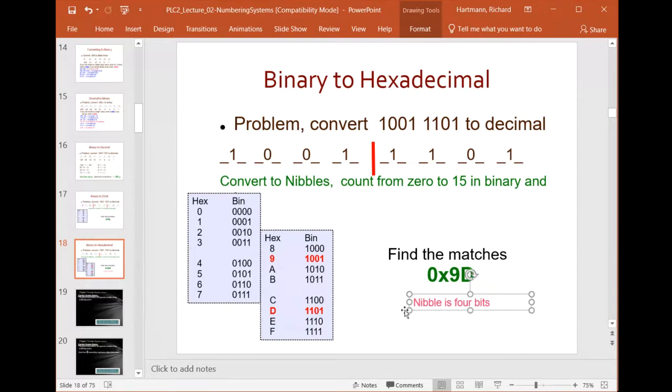Let me add it to this list here, I guess. Okay, so a nibble is 4 bits. A byte is 8 bits. A word is 16 bits. Okay, a double word